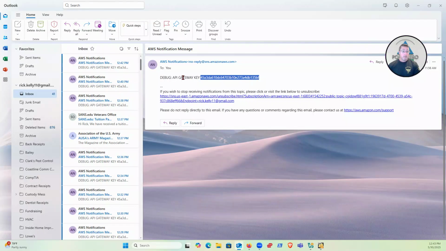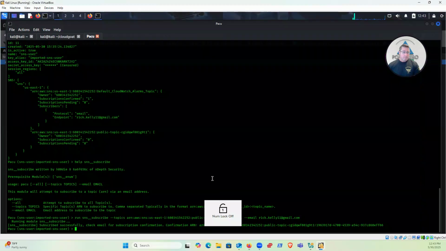And as you can see, it did give me the subscribe, but this is the one that keeps popping up anyway. So after you subscribe, you hit confirm subscription, you'll get this debug API gateway, which we got. I have it highlighted right here, the 45A3, DA61, and then ending in 135 Bravo Foxtrot. So what we do is we have that there, and then what we did is we came back over